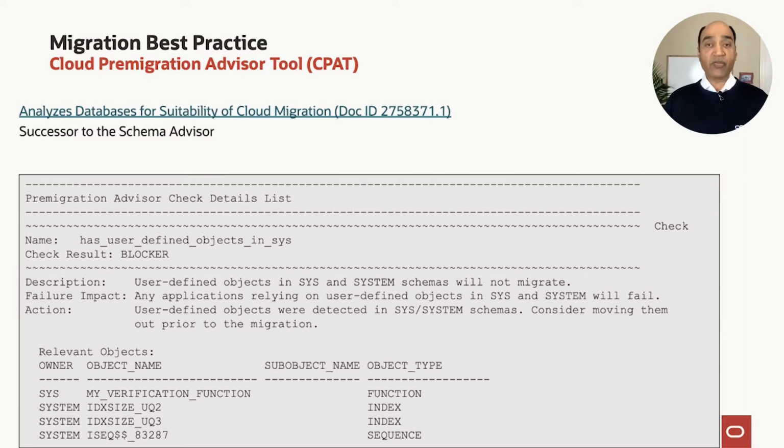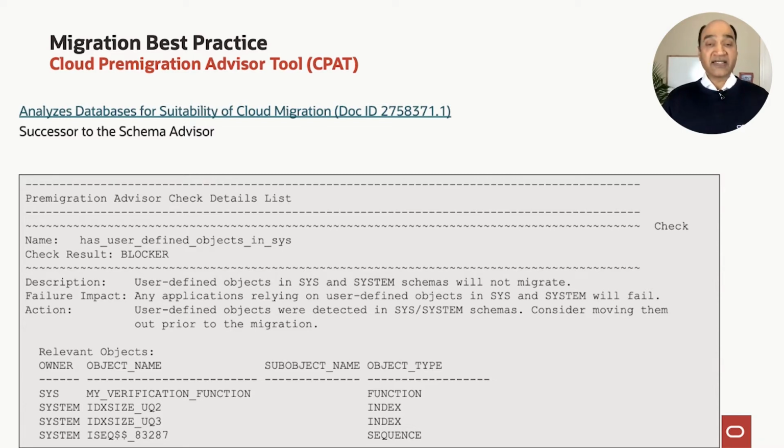And then it'll generate a report and let you know if your source database is ready for Autonomous. An example is if you have objects in the SYSTEM tablespace, clearly that is not allowed in Autonomous. Customers do not have access to SYS and SYSTEM, and therefore it will flag those changes. It just makes it simple for you to understand if your source databases are ready.